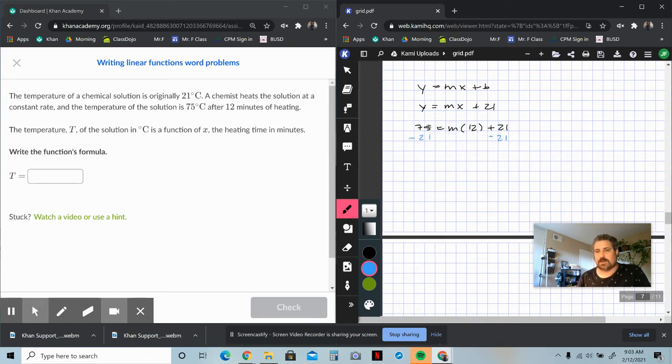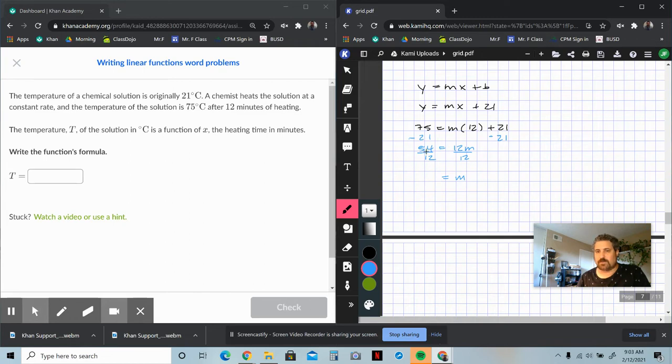And you're going to get, let's see, 74 minus 20, so it's going to be 54. So 54 is equal to 12m. Is that correct? 70 minus 20 is 50. 5 minus 1 is 4. Yeah, 54. Then you're going to undo times by 12, so you're going to divide by 12 on both sides, and you're going to get that m is equal to